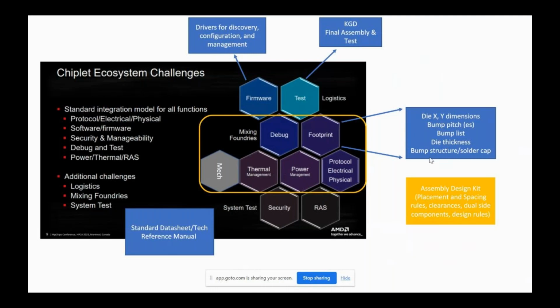Even the bump structure and the solder cap make a difference to the OSATs, depending on whether the bumping is done at a fab or by the OSAT, since they have different levels of flexibility. All of these are critical, and we have faced this even from a single foundry. These are the new pieces of information that I think are missing.